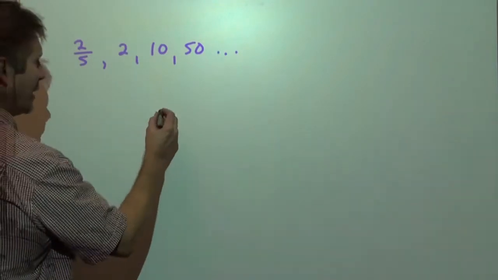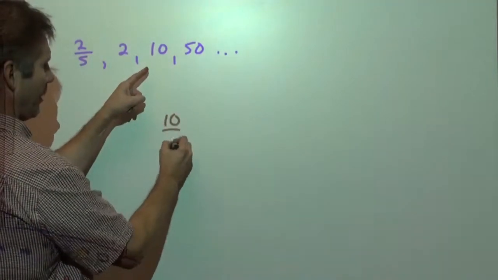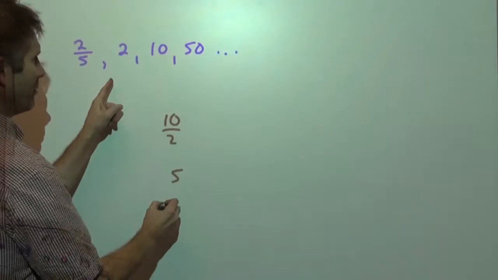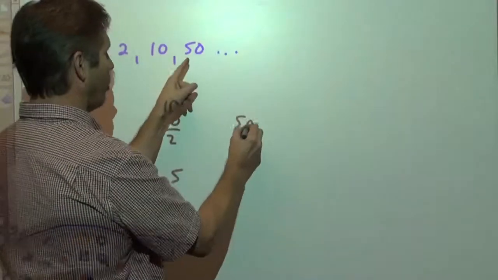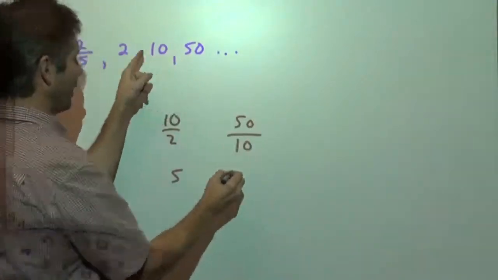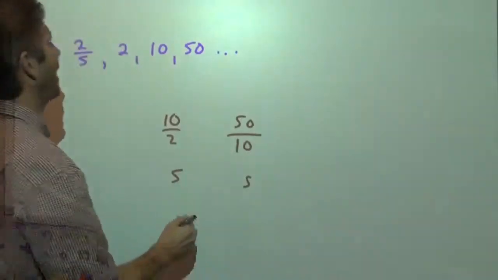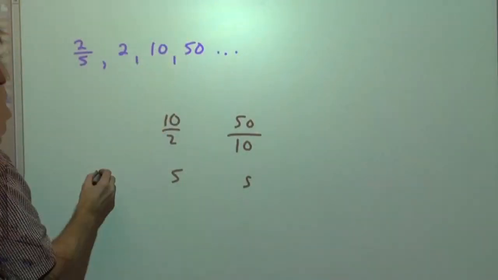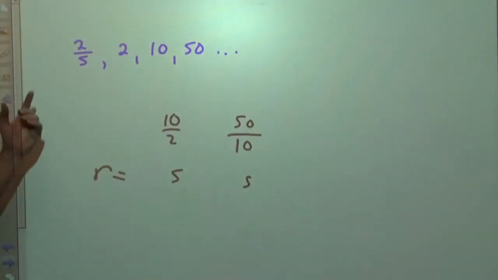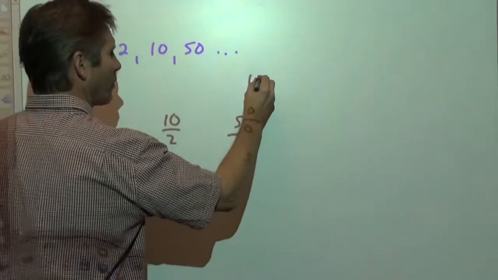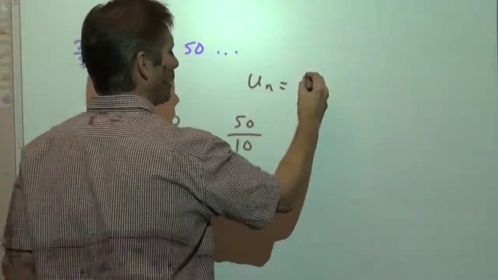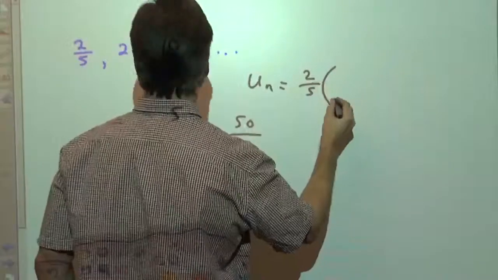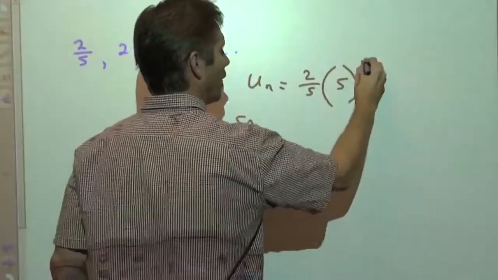If it's geometric, then if we take this term divided by its previous term and get 5, we better get the same ratio when we take this term and divide it by its previous term, which is also 5. So the common ratio R is 5. First term is 2/5, so the nth term would be 2/5 multiplied by the common ratio raised to the n